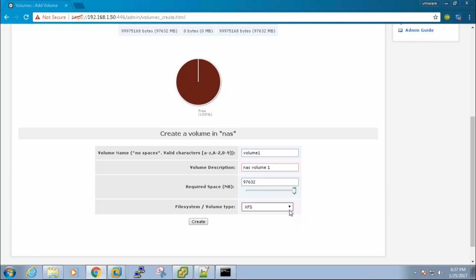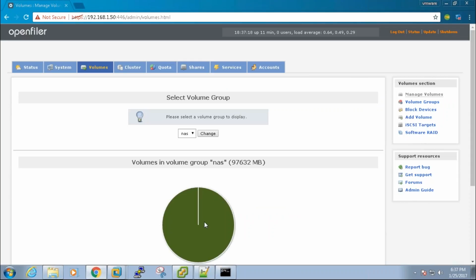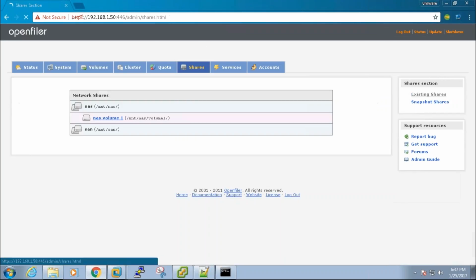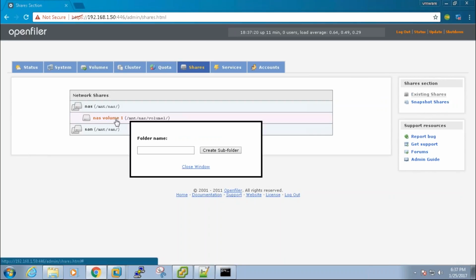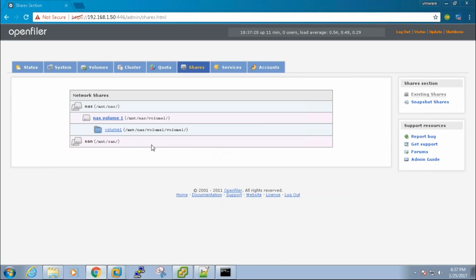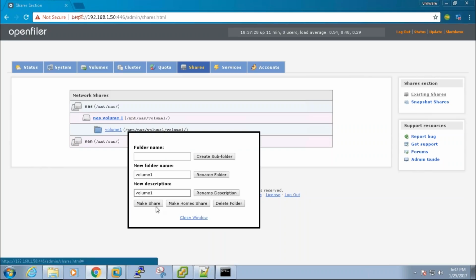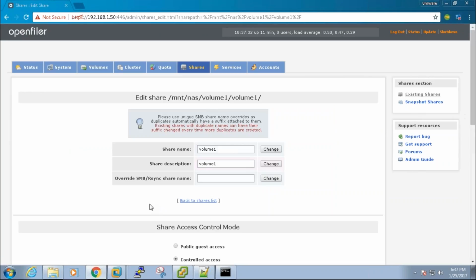It is your choice, and it can be of any file system. Since it is NFS, I'm going ahead with the XFS file system, and I'm going to share here. This is a volume, let's say volume 1, create, and this volume 1 is going to be made a share.